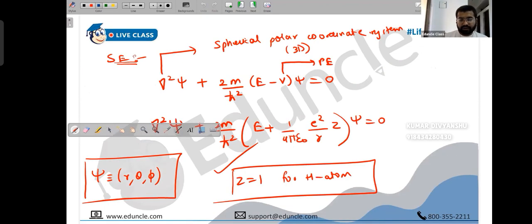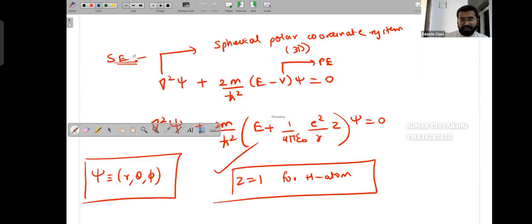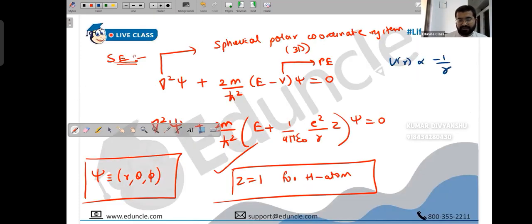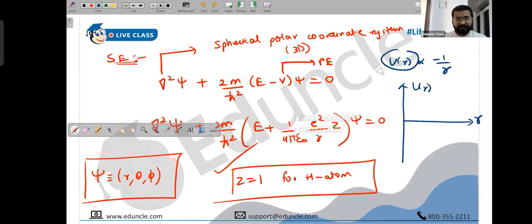And also, if you plot this potential energy graph, U of r is proportional to negative of 1 by r. Potential energy U of r, that's minus 1 by r. So just in case you want to plot a graph of this, remember it will be in the fourth quadrant. Here you have r and here you have potential energy. It is exponentially decaying, but you cannot draw it in the first quadrant, because when r is positive, potential energy is negative. So it goes like this.